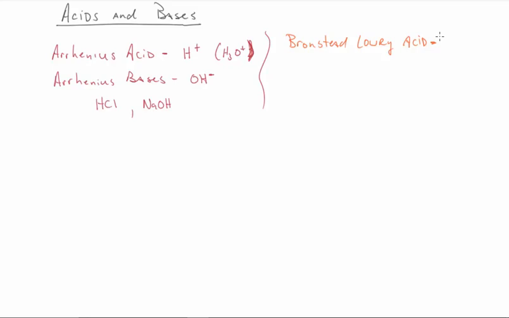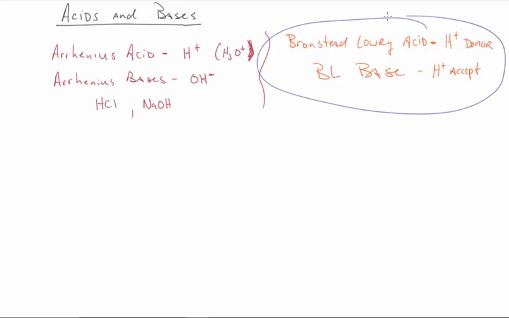So what we do is we take a more broad definition of what an acid and base is, which is Bronsted-Lowry's definition. In Bronsted-Lowry, we are going to call an acid anything that is a donor of a hydrogen ion, and I'm just going to call that BL. A Bronsted-Lowry base is anything that is going to accept that donated hydrogen, right? And so now you can see it's a little bit broader definition of what an acid actually is and what a base actually is as well. This is the terminology that you're going to need to be able to function with in AP chemistry,